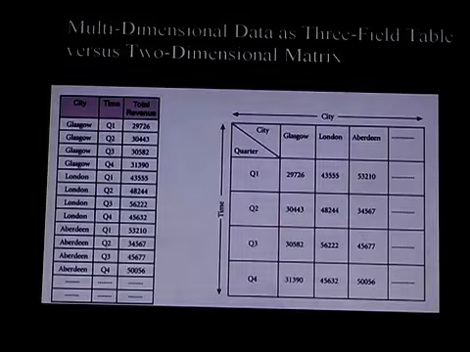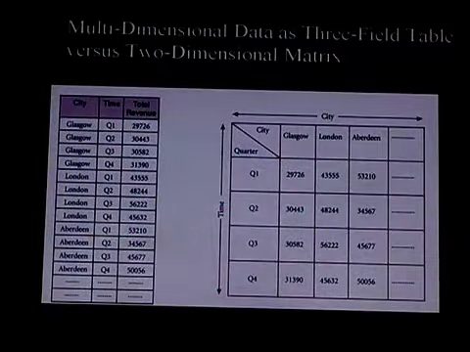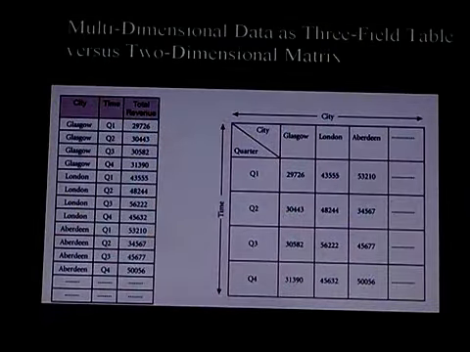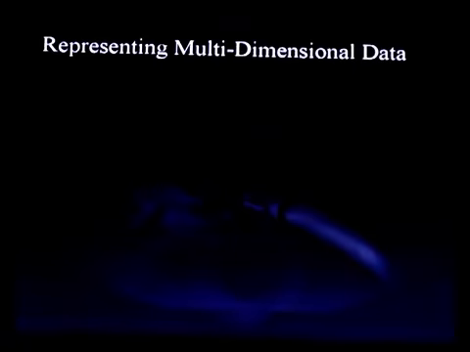If you represent a two-dimensional representation in the form of an array, how many cells does it require? It depends on the number of values. Suppose there are 4 values, and if you take only 3 cities, then we'll have 12 cells, 4 into 3, 12 cells. But here, each row consists of 3 columns, so we need to add more cells. As I mentioned, both use the concept of a cell, but the way the data is represented in the two-dimensional matrix, the database values become the column headings.